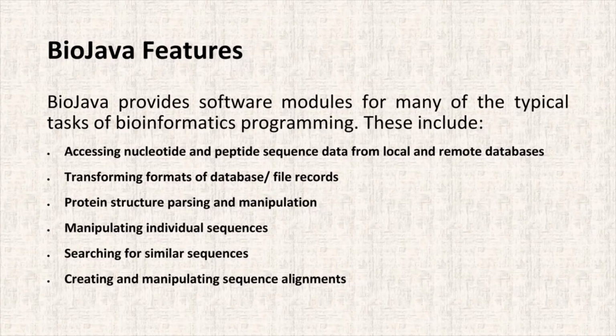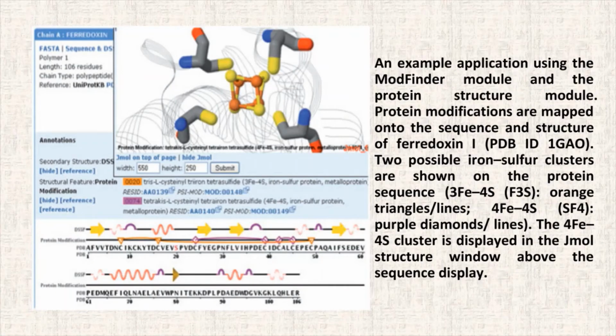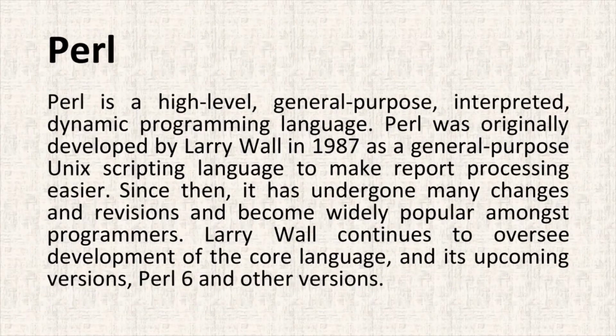This language may be BioJava, BioPerl, BioPython in bioinformatics. Similarly, it is Java, Perl, Fortran, Pascal, C++ in computer science. These are all high-level languages. We are not going into the details of these languages in this class. We are only having an introduction to the programming languages, and that is the focus of this class.